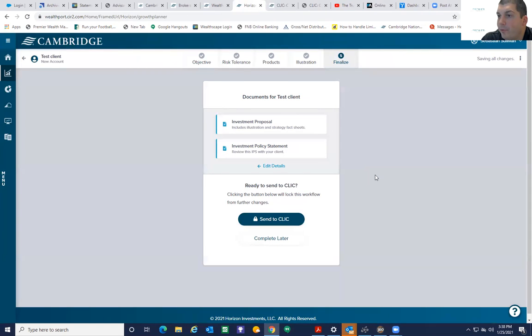So that's it for the plan and propose tool in Wealthport. We feel that it's an important tool and a helpful tool that you can use. If you have any questions about how to operate or use the tool,